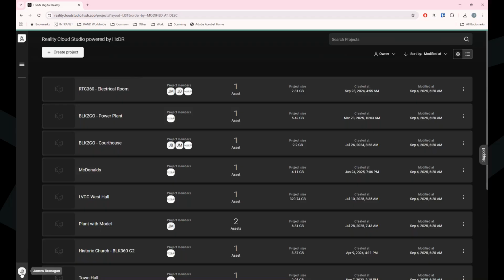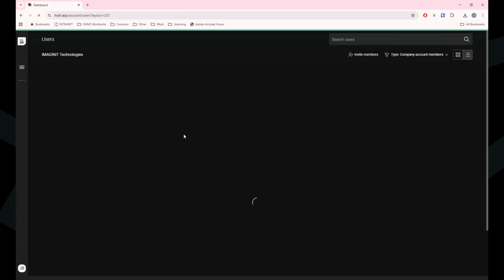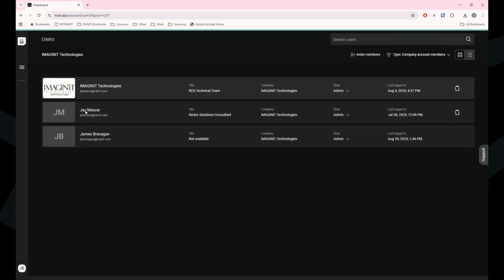First one we're going to take a look at then, just down in the bottom left-hand corner where I've got my name, I've got my company information, I've got my profile, I've got any subscriptions and orders and billing, so I've got all that really handy at my fingertips. And then underneath here as well, I've got my users. So this is where I'm going to come in and assign users to projects. If I click on the users, that is going to bring up this user page where all of the users are